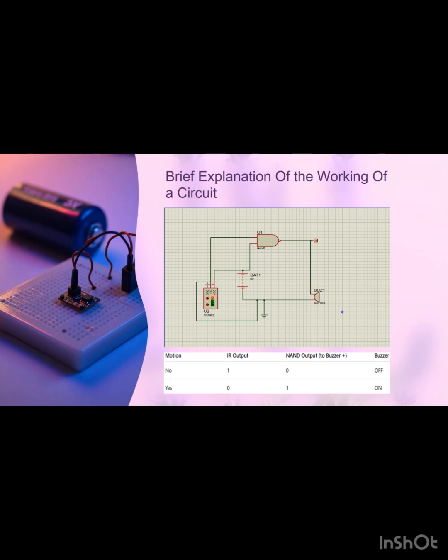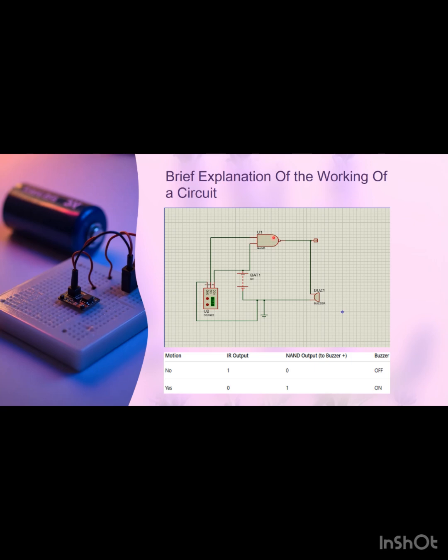If the IR sensor is at logic 1, that means it does not detect any motion. Both input pins of the NAND gate are at logic 1. So at the output, it will invert logic 1 to 0, and the buzzer will not ring. But if it detects motion, its voltage drops to almost 0,